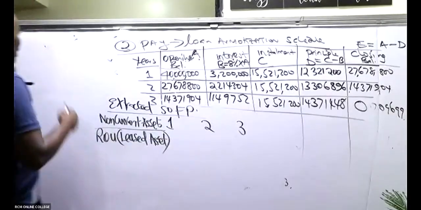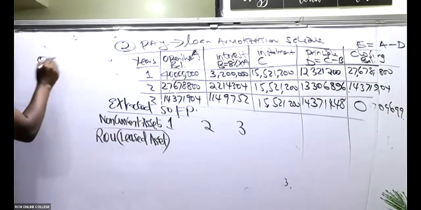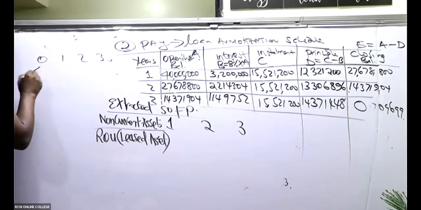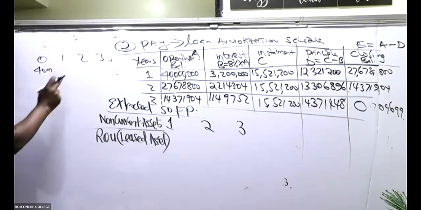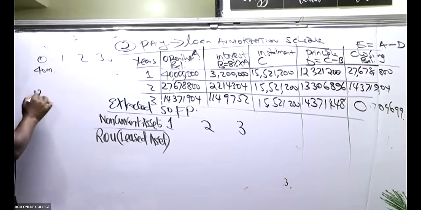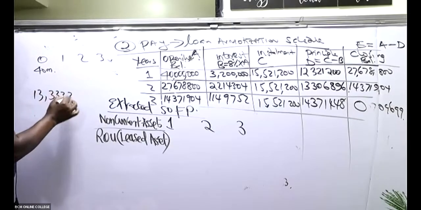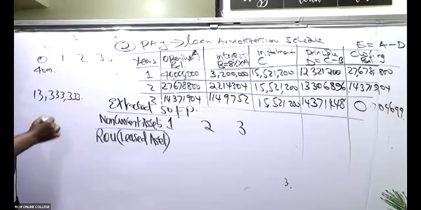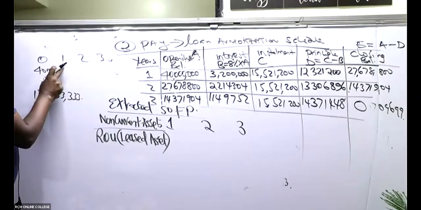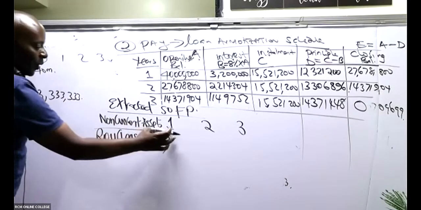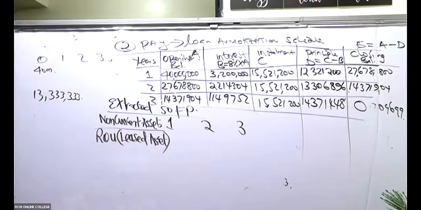Remember, at time 0, 1, 2, 3, at time 0 we began with 40 million. But each year we are losing that 13 something. Was it 13,333,000 each year? Then by the end of year 1, what will be the value of our asset? Because you're looking at the end of the years. Remember, this is today 40 million. So by the end of year 1,